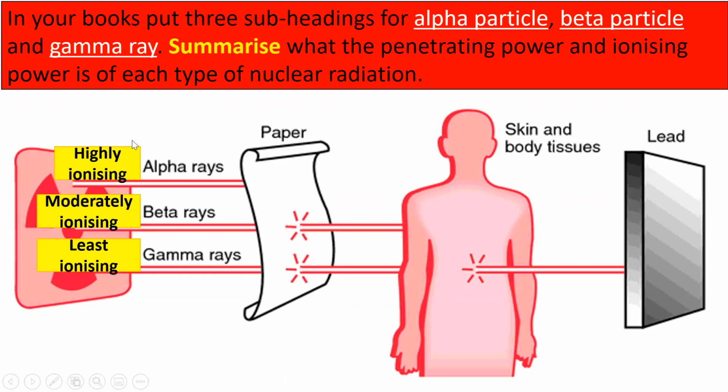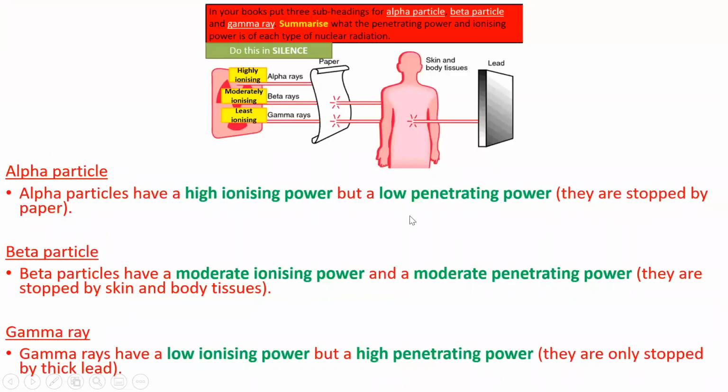particles. Highly ionizing, alpha particles, but they can't pass through paper. Moderately ionizing, beta. Beta can pass through paper, but not through skin, so it can't go into the body from outside. Gamma rays pass through paper and skin, and are only stopped by thick lead. These are things to revise, because they have been in previous lessons, just a recap to go